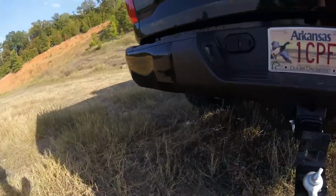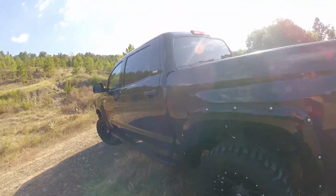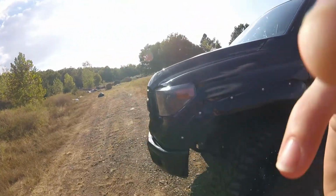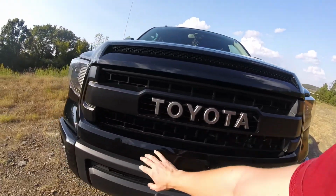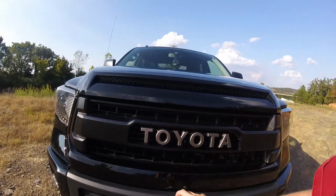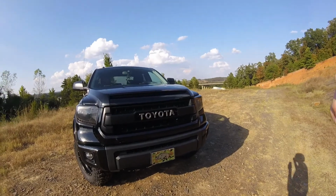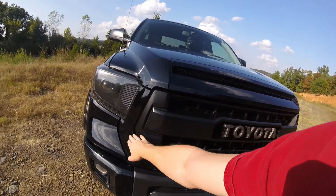And then when I'm actually towing, I use a different hitch. But this was an SR5, it's a 2015 SR5, so it had chrome all around here, then a black piece with just the Toyota symbol that was in chrome. And I took that off, got a new black hood bulge and a new TRD Pro